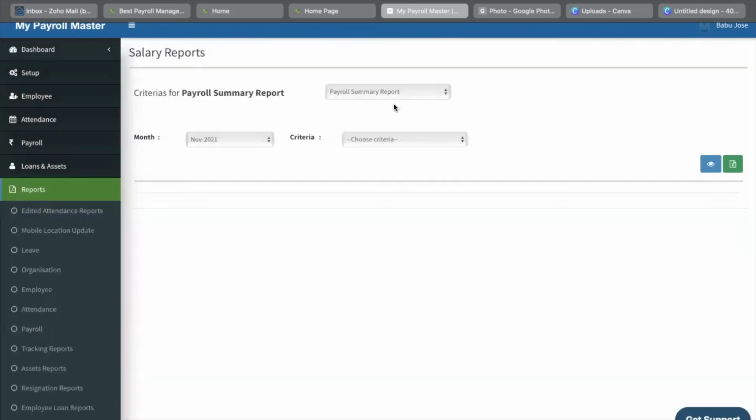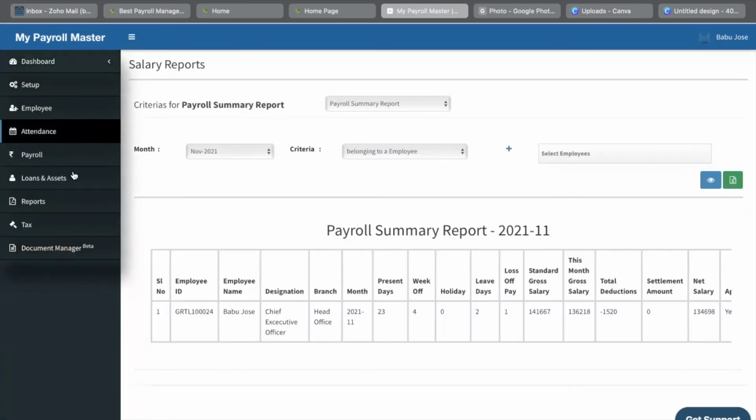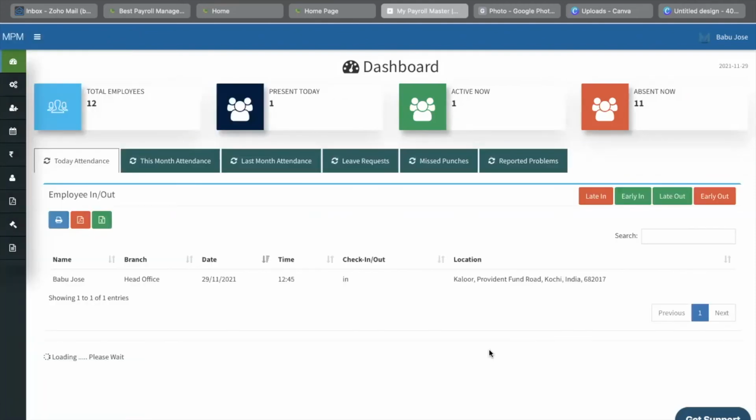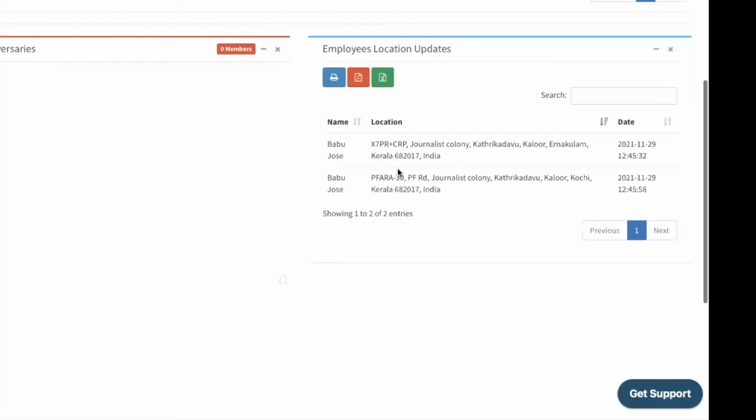You can integrate biometric devices to MPM to see the live attendance. If you decide to use mobile application for your employees' attendance, you will see the location of the employees when they punch in or punch out. MPM also gives an option to track customer meetings outputs and locations as well. MPM is the best system to have discipline in your organization.